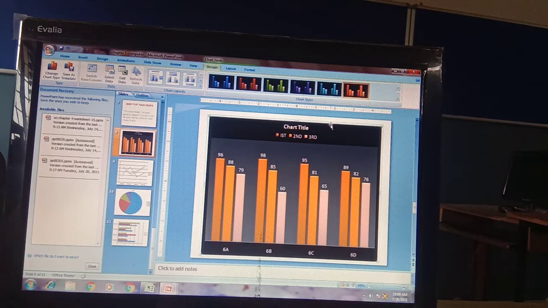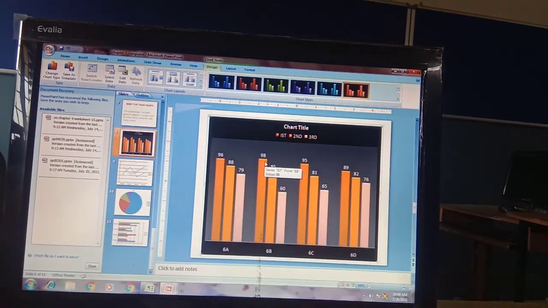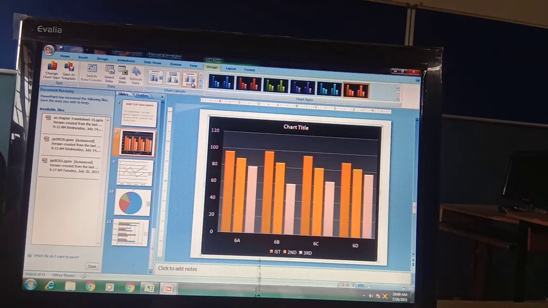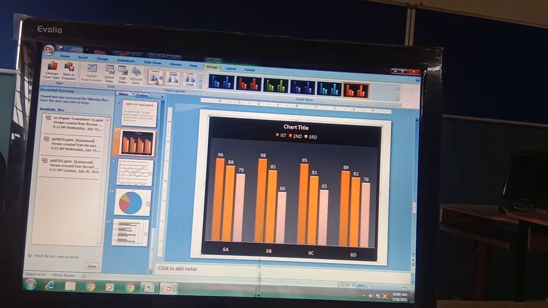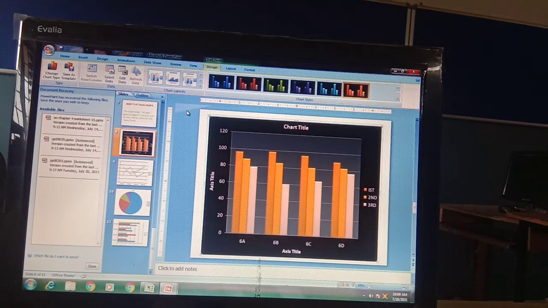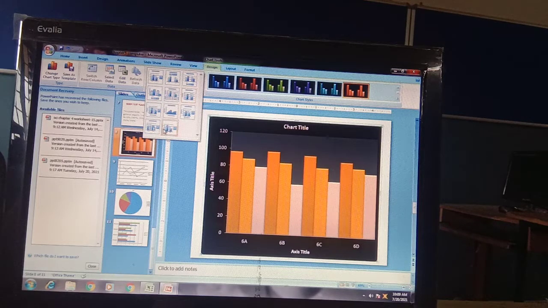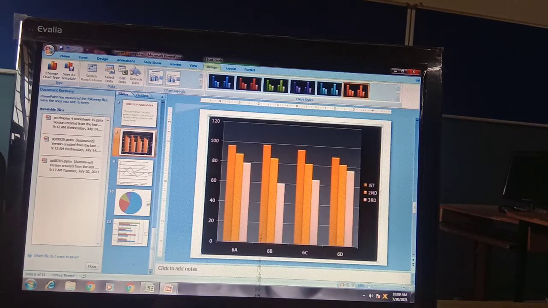So these are certain chart layouts you can change with it. The chart title will come on top, just like this. They will compare like this, your percentage will be shown in this way. So you can have things like that. These are the layouts in which type you want to show your chart. This is how you can change the pattern of your chart. Clear to everyone?